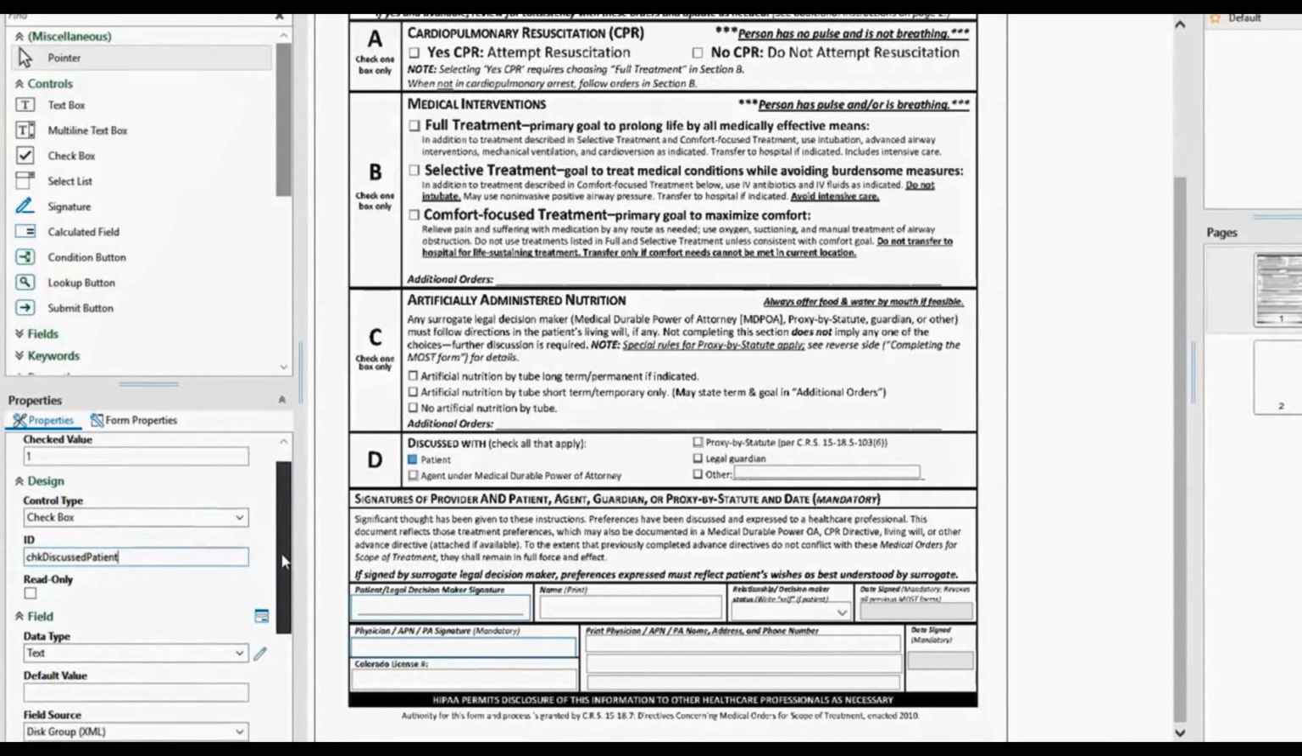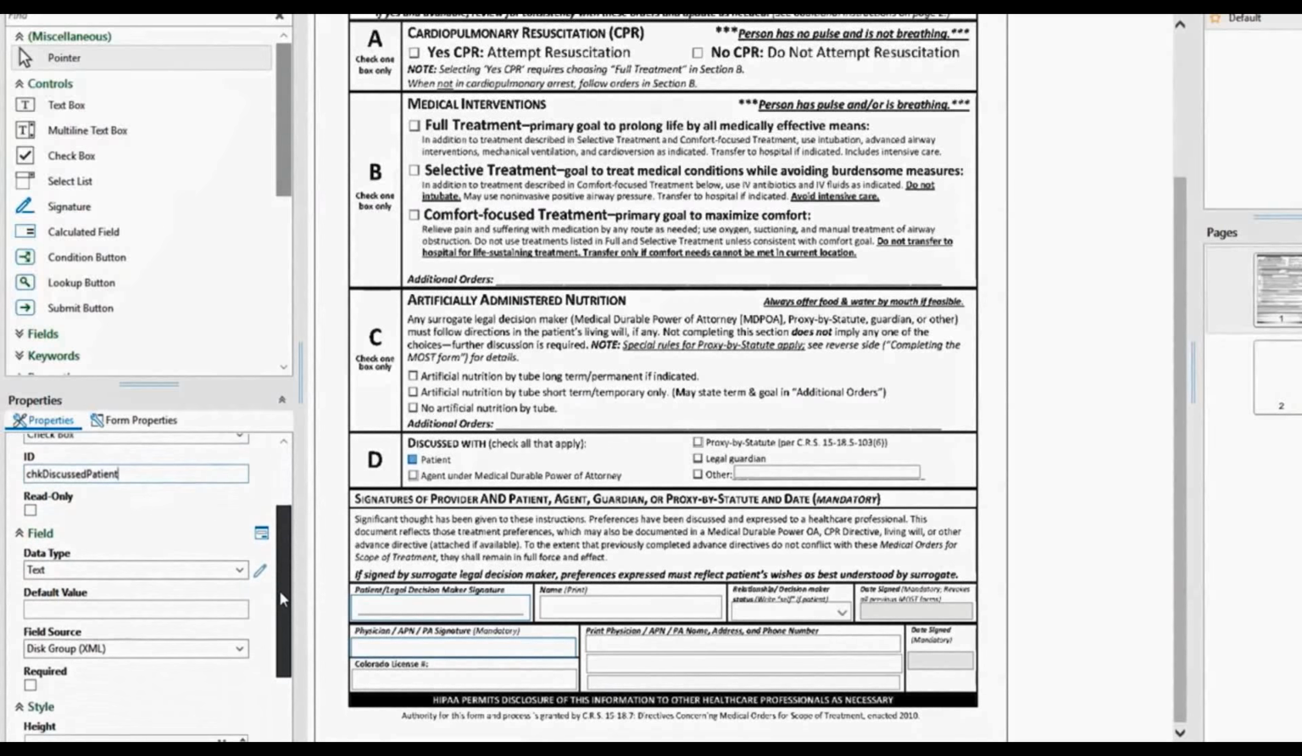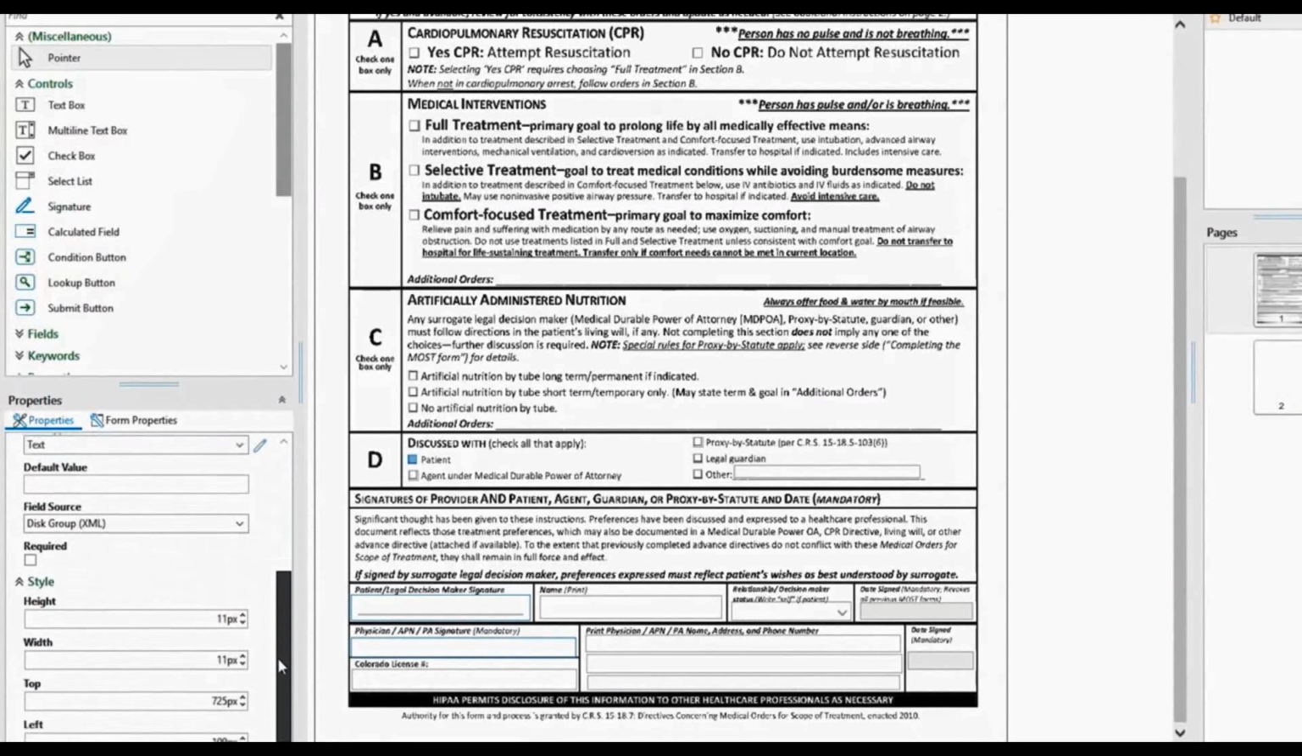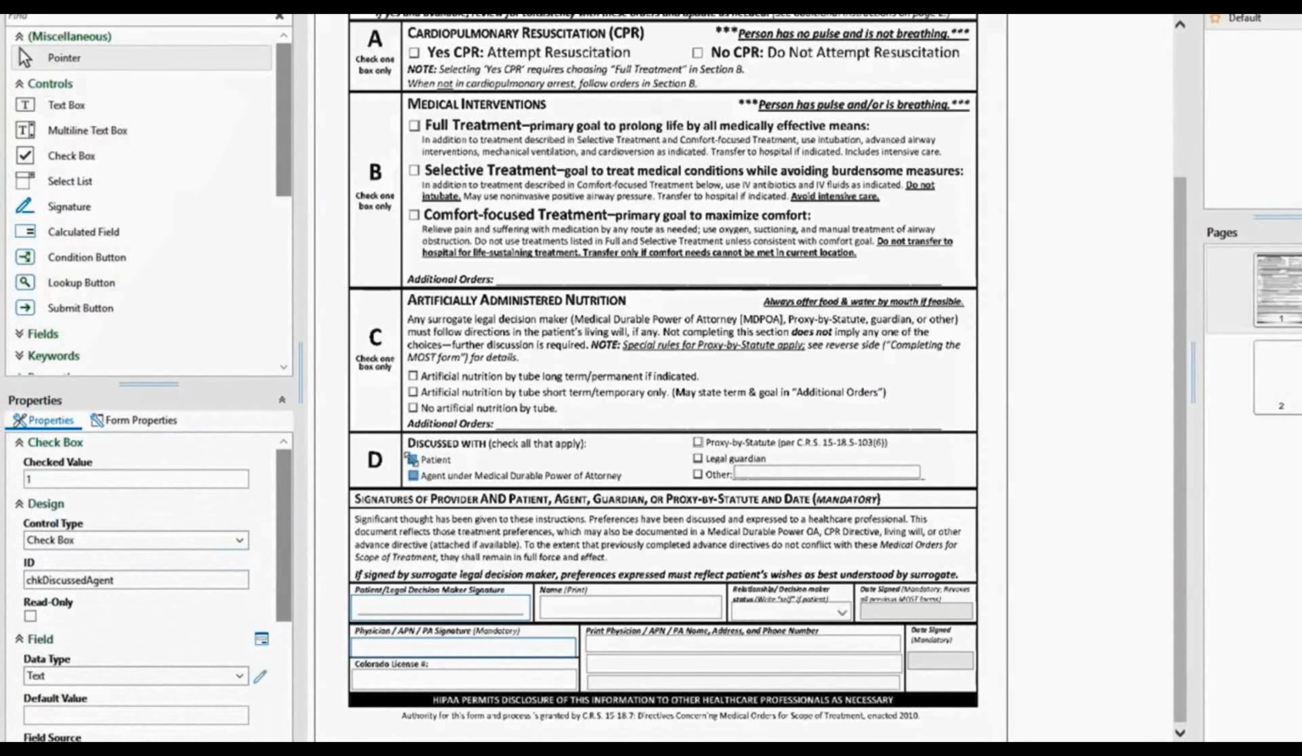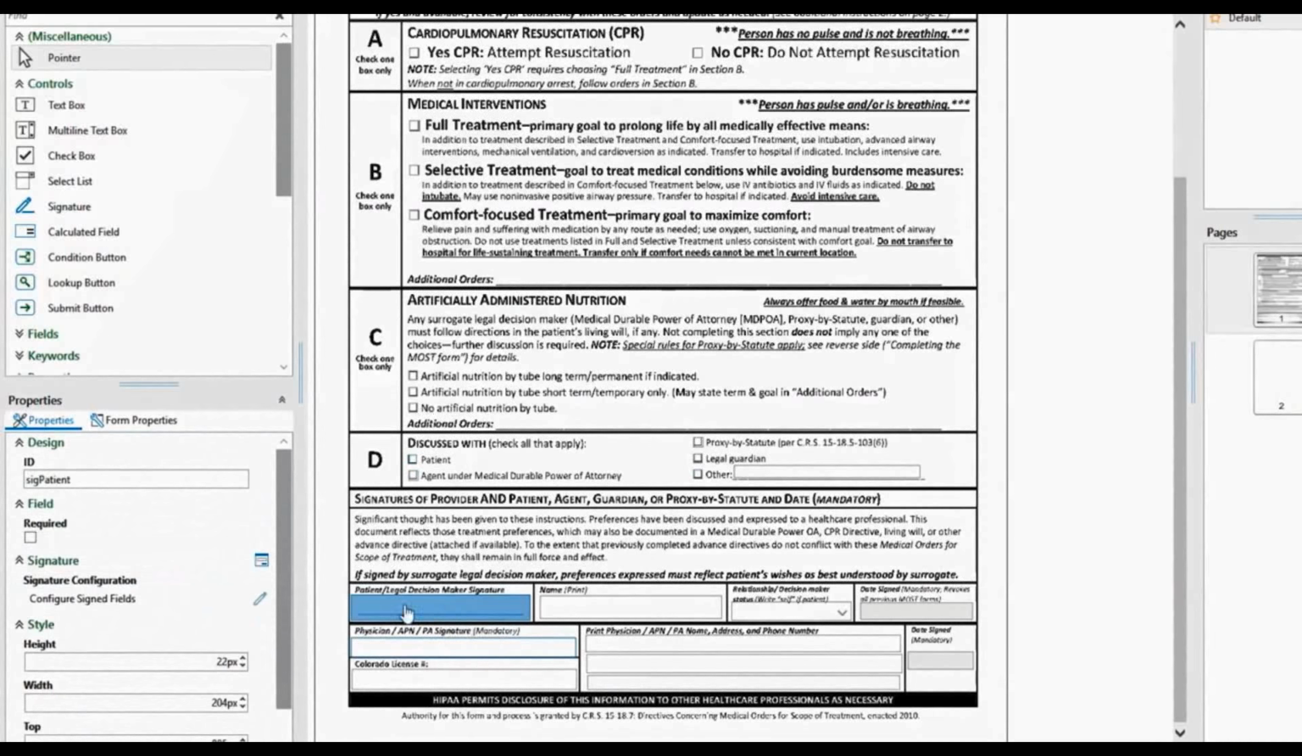I also have some pre-configured forms, some pre-configured signature blocks. Sorry about that. And we're going to go ahead and configure the signature on the next page. So let me get over to there. There's the signature block. So we'll configure this, and as you can see, we have multiple signatures that happen on